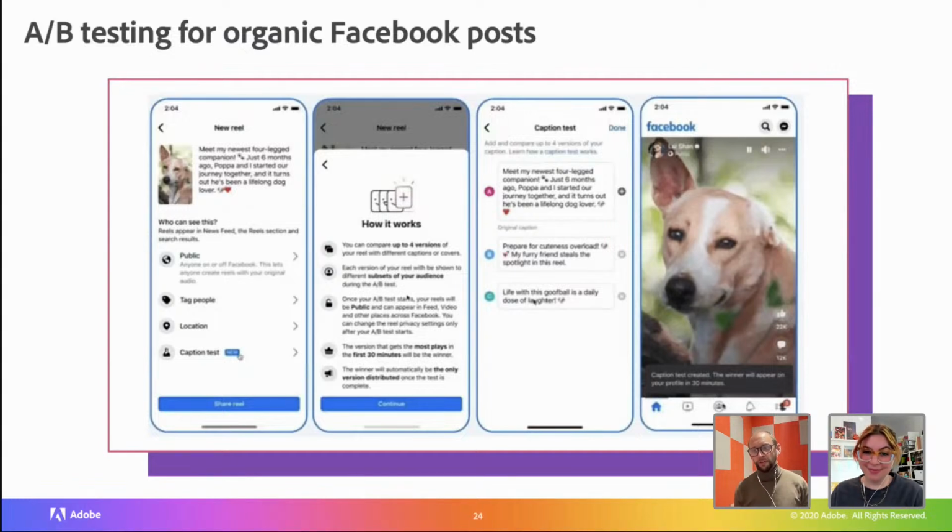I think that is super, super useful. Really helps us understand the narratives and the captions that help generate our engagement. I would definitely encourage anyone, if you are posting on Facebook, just to give this one a go. It's nice too, because I feel like I've done versions of that where you do different types of posts and see what does better, but A/B testing is when you actually have the same post with just one difference, because there are so many reasons why certain posts do better than others. So I feel 100% like this is super useful.